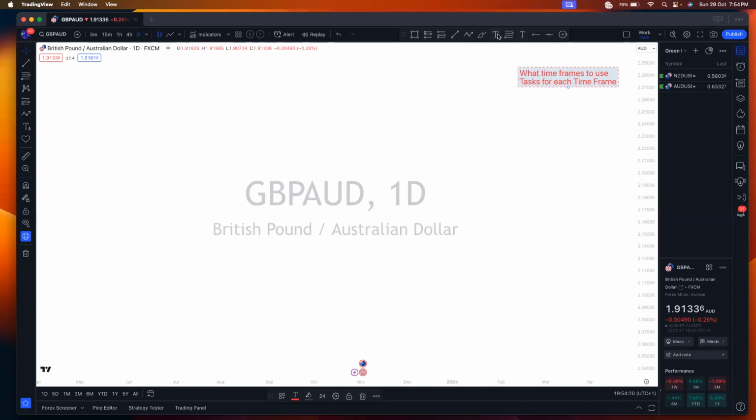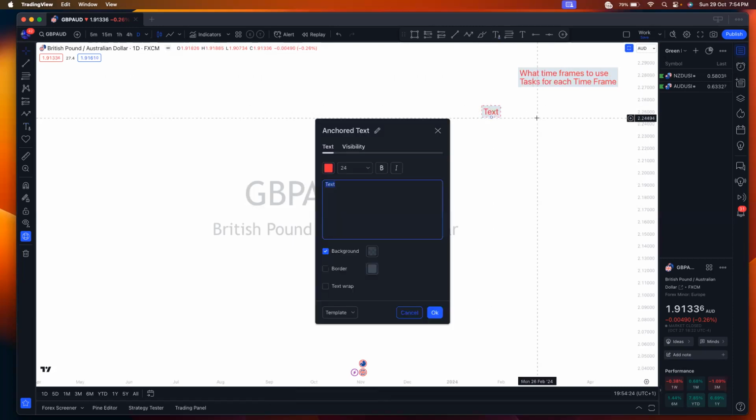So we have different types of traders in the markets. We have positional traders. These are basically long-term traders. These are traders that hold trades for months or even years. Do you understand? Then we have